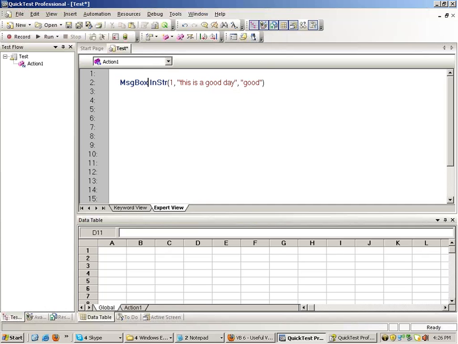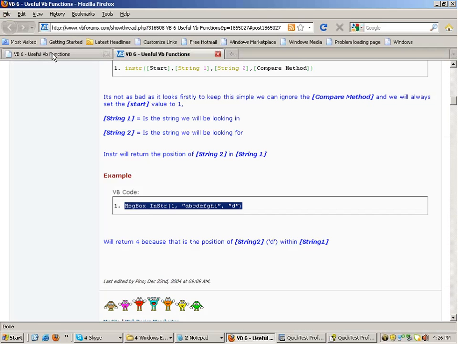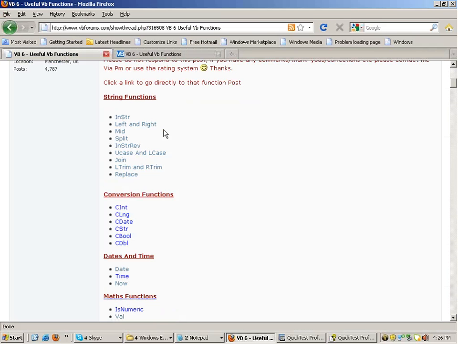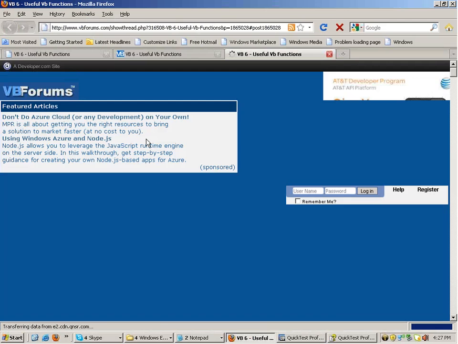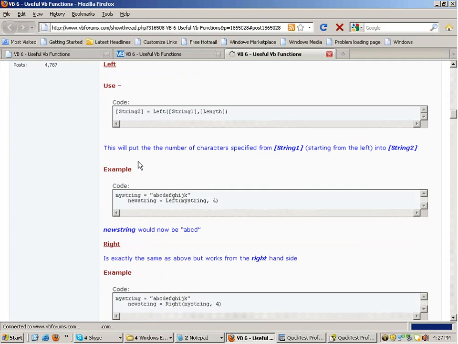Similarly, I have other functions, for example, the Left and Right functions over here. If you have to cut the string from the left side or right side, then you can use these functions. For example, let this link open up.